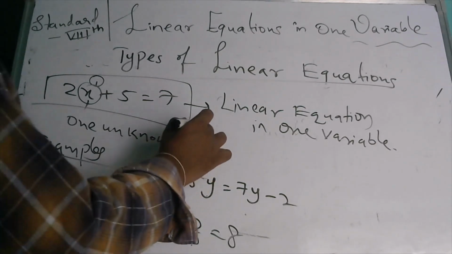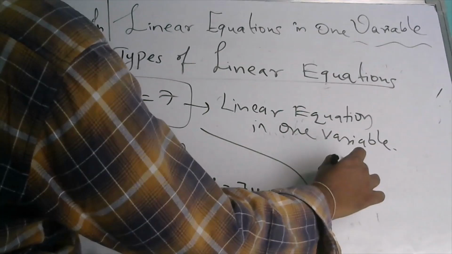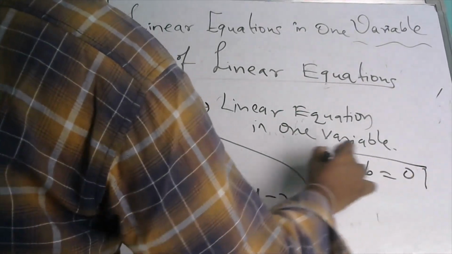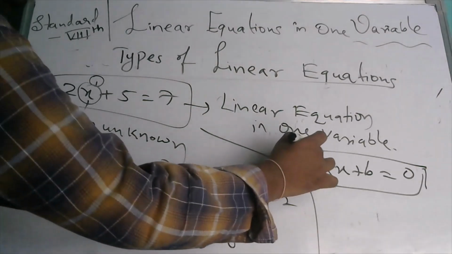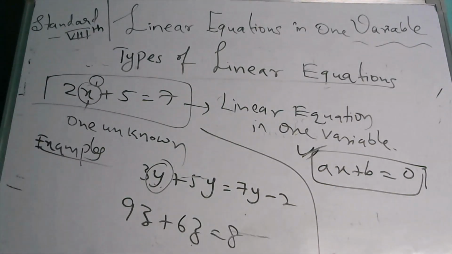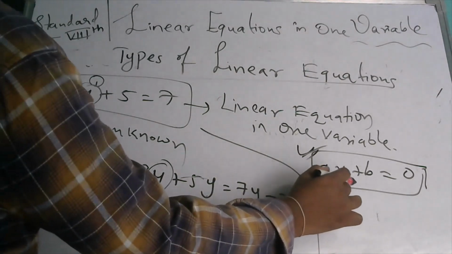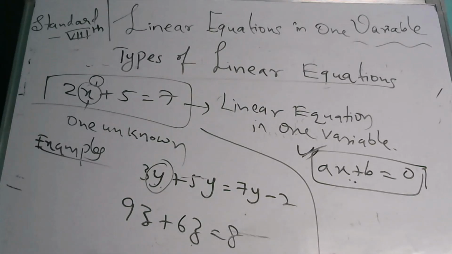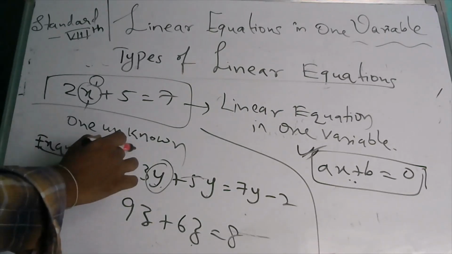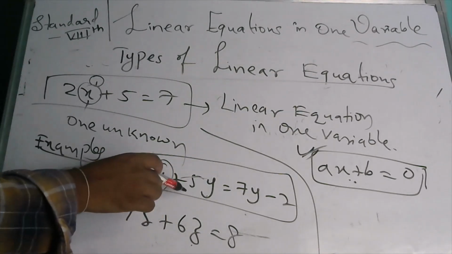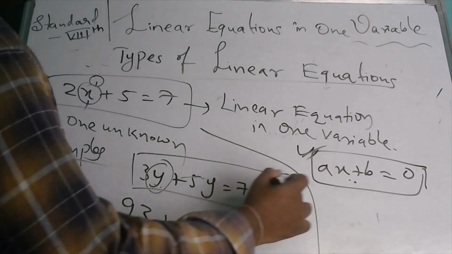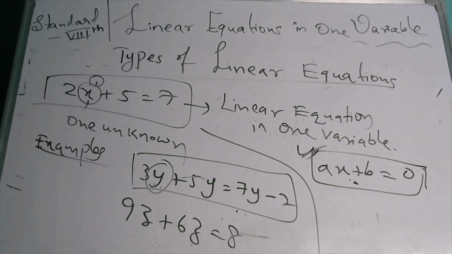It is always in the form of ax plus b is equal to 0. Okay, you must know this. You must remember this: ax plus b is equal to 0. These are not in the form of ax plus b is equal to 0, but I will discuss with you later how this can be turned into this form. So all equations in one variable must be in the form of a